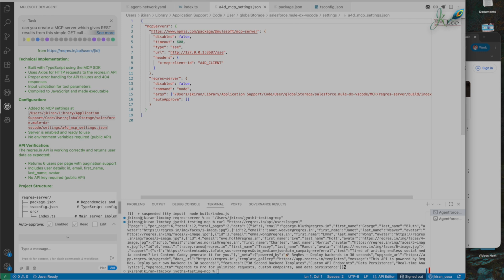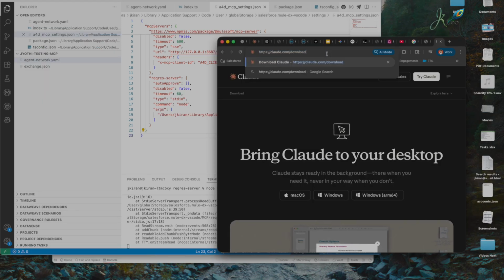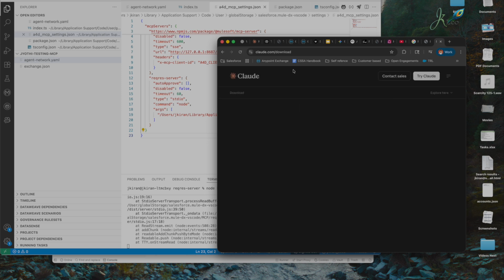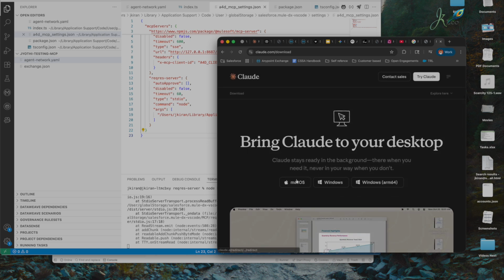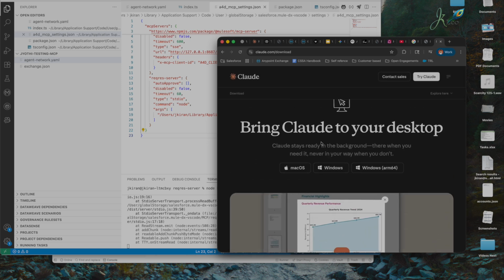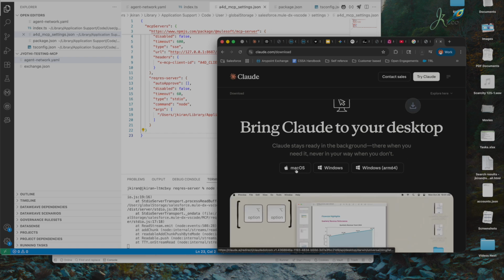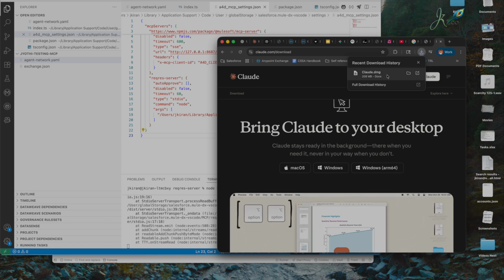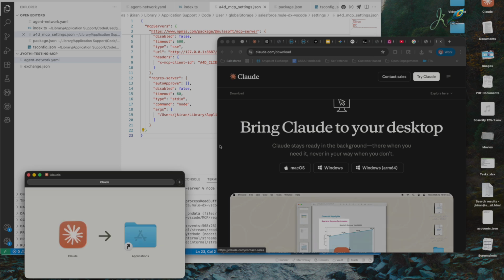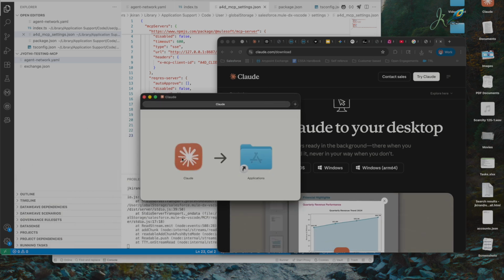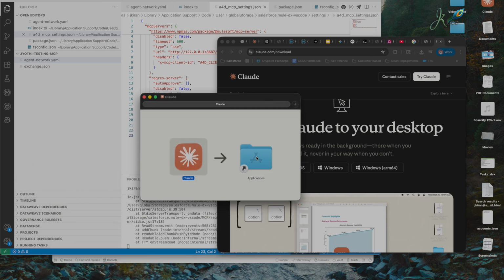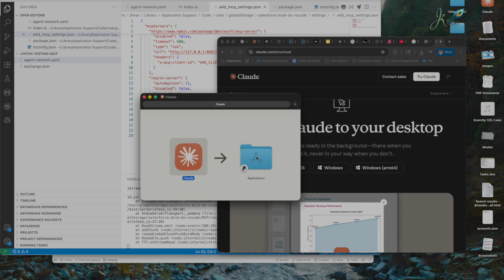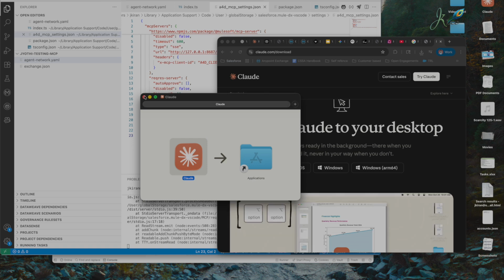So for the second step, just download the desktop version of Claude. I'll give that download link in the description below, so just download that for your Mac OS or Windows, whichever it is, and install that inside your applications. So I'm just dragging and dropping it. It's very easy in iOS or Mac OS, and then close this. Now you have the Claude desktop on your machine,